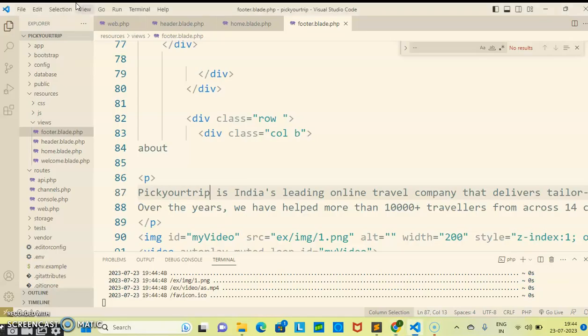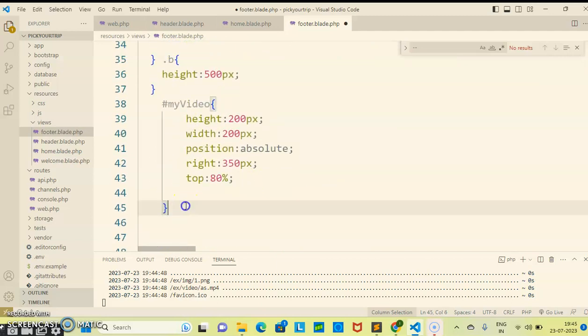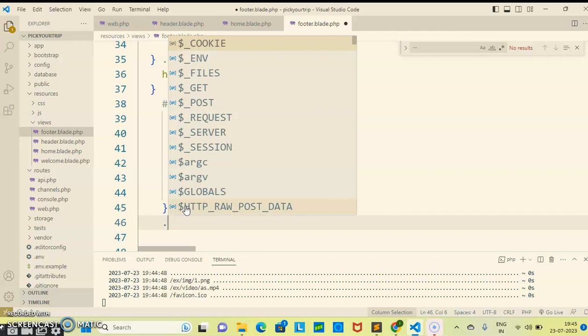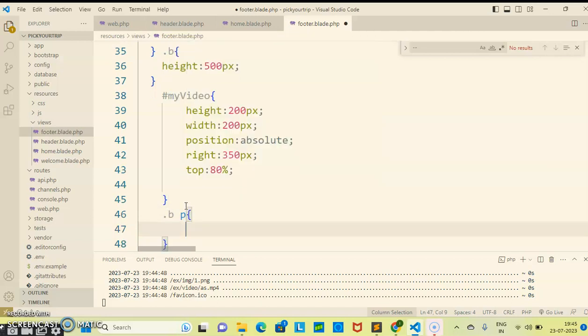Okay, perfect. Here I'm passing the class. I don't need any ID or anything. I just want to write a class, and here I write class tag P and a width. Width is